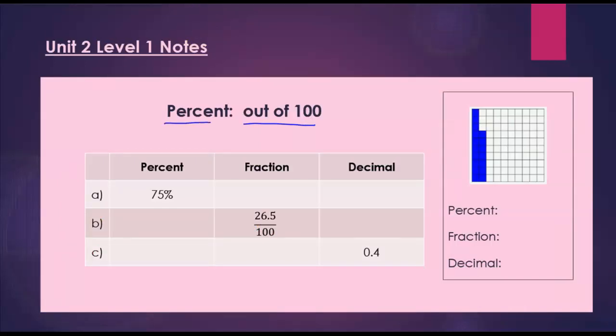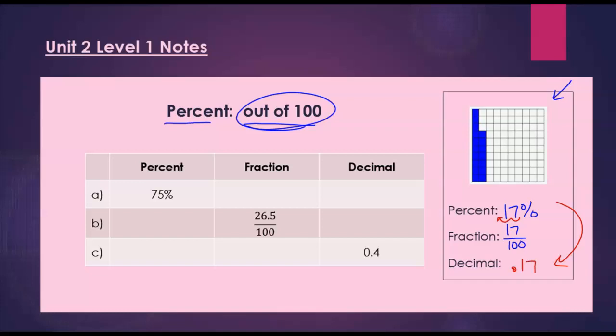Percent means out of 100. So in middle school, when you filled in 17 squares out of the 10 by 10 grid, which is 100, you're representing 17 out of 100, which really is 17%. Now the decimal, if I did 17 divided by 100, it moves that decimal point 2 spots to the left. So if I'm going from percent to decimal, I can divide it out of 100 or just move the decimal